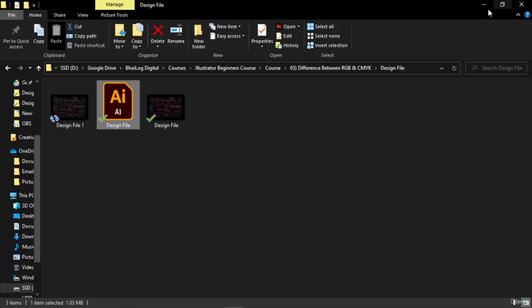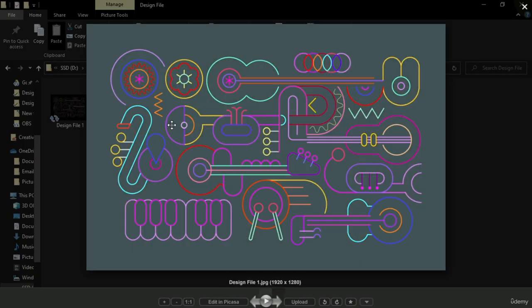Okay, and let's see the difference. So I have two files over here. This was the original and this was the CMYK. And as you can clearly see, web platforms or computer screens cannot support CMYK. You only use this for print media. So in short, you are never supposed to use CMYK when you are making design for web, anything which involves a screen, and you always use CMYK when you are making print media.